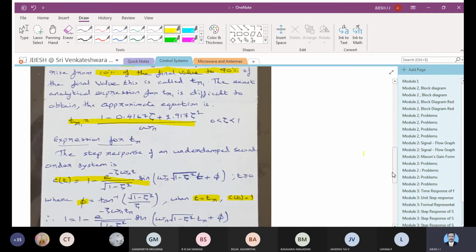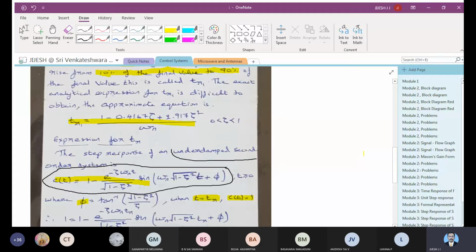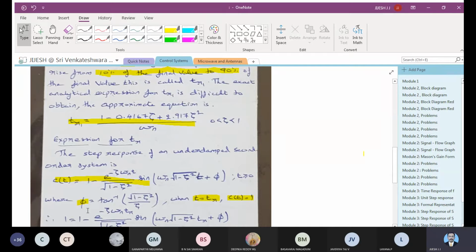So it gives more clarity for you. So you can see that if later on you want to understand where this equation has come from, you can just specify that it has been taken from the derivation of the underdamped second order system, where you'll get the entire equation as it is available in the previous derivation. So phi also you got tan inverse of root of 1 minus zeta square by zeta. So once you complete these two equations of c of t and phi, we'll continue further.